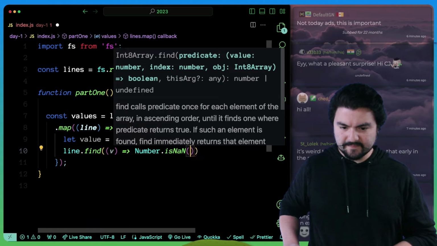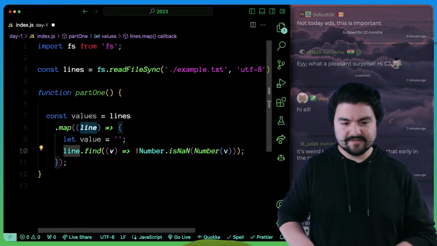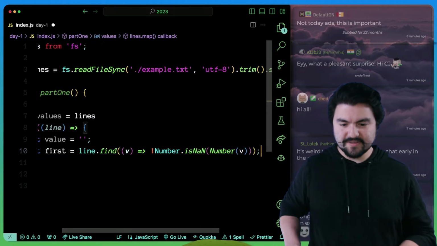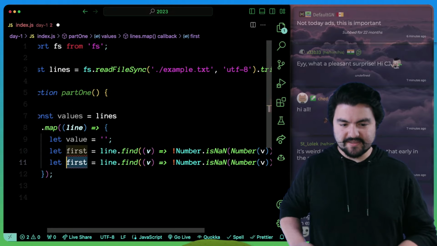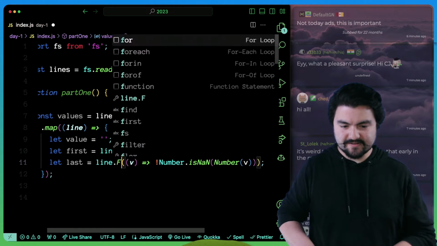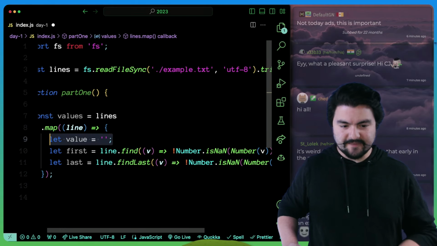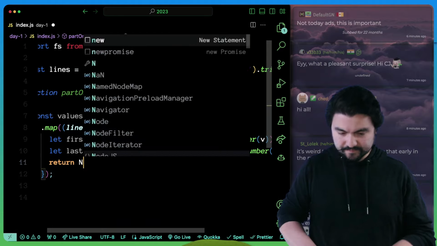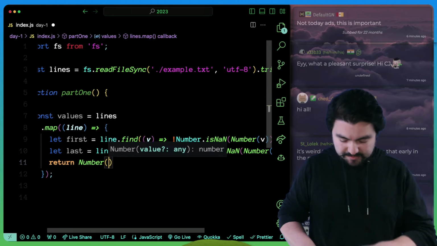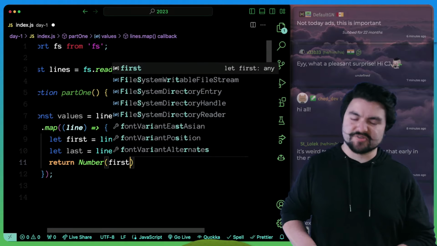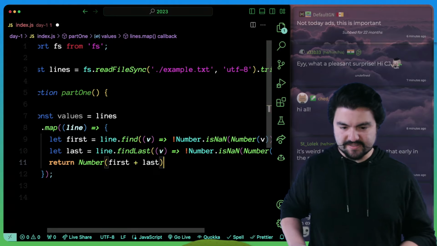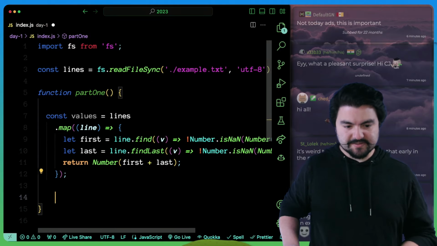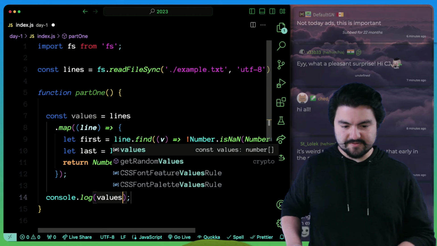Is this NaN? If it's not NaN, we get the first, we then get the last, and then the value is going to be a number with those two things concatenated together, because these are going to be strings. So first plus last. Let's see what this does for us. So if we log out all the values,